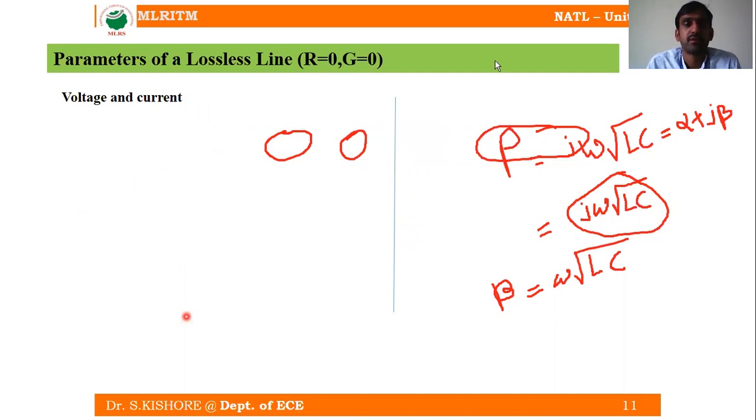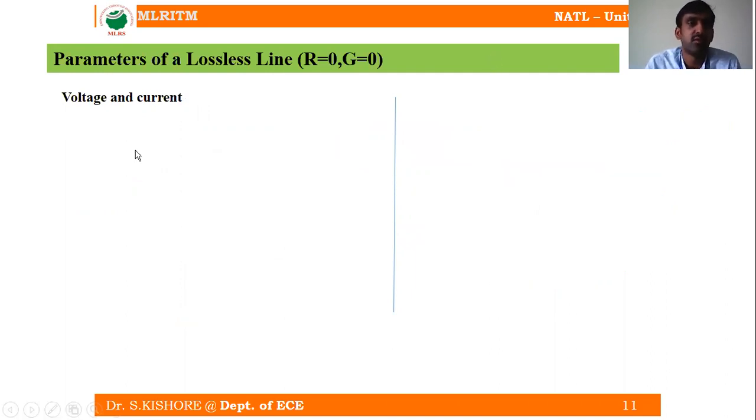Now let us go through the parameters voltage and current. If you derive the expression for voltage and current, if we take the infinite line, no issues, or the general equations, also no problem. For convenience, let us take the infinite line voltage and current expressions. We have V equal to Vsi into e power minus Px, where V is the voltage and Vsi is the sending end voltage. This is the overall voltage of the lossless transmission line, and P is the propagation constant.